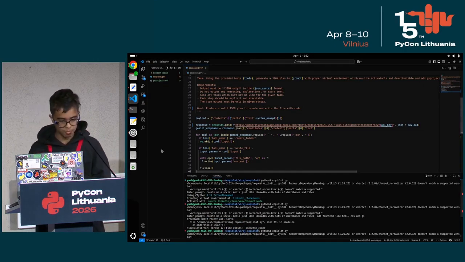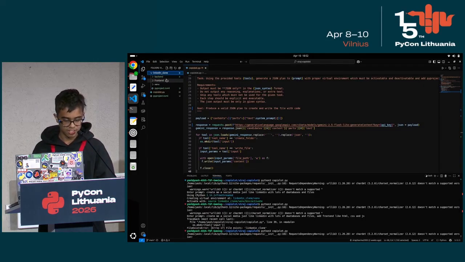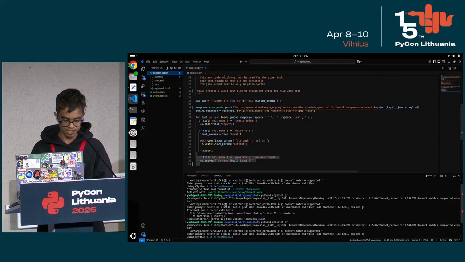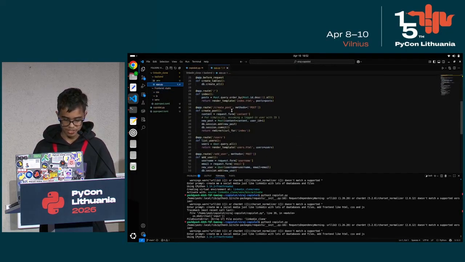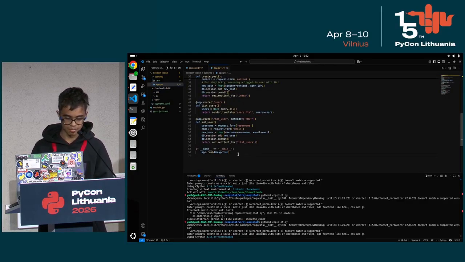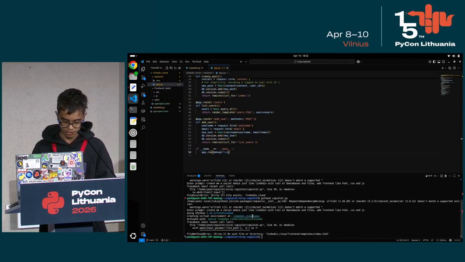It's causing a bit of problems, but see, it generated the LinkedIn clone, in which we have app.py and the front end as JS and CSS, and this is the app.py. So it's almost like LinkedIn, but it's a dummy project of LinkedIn.